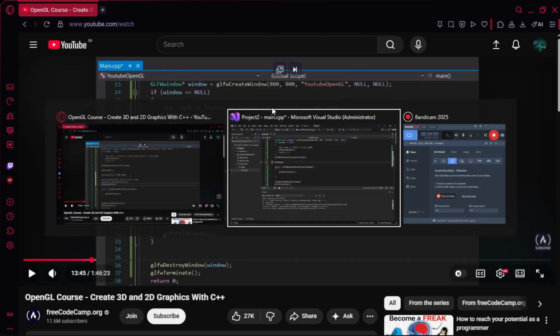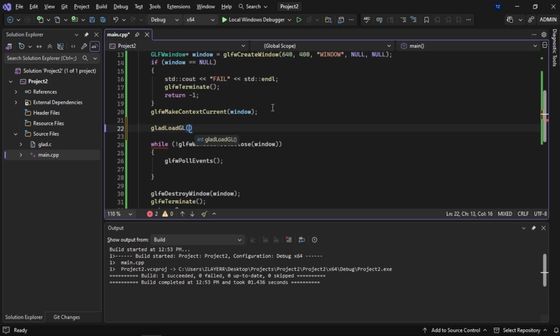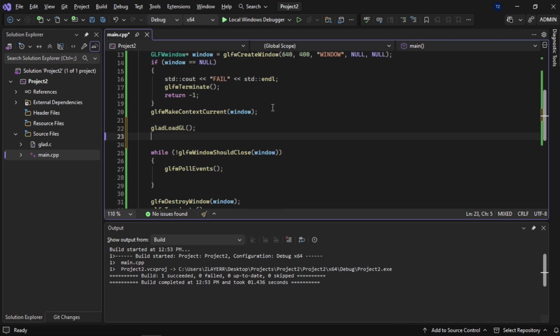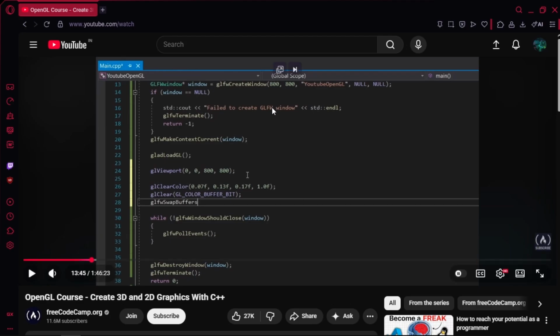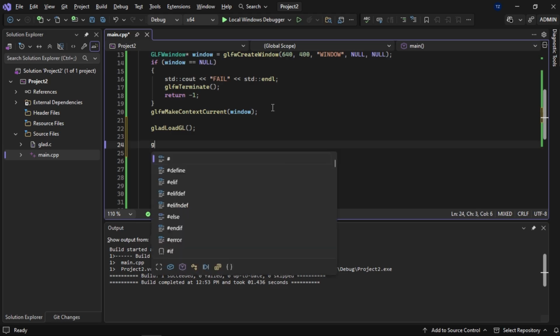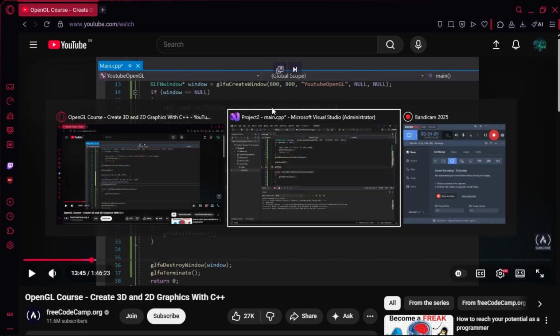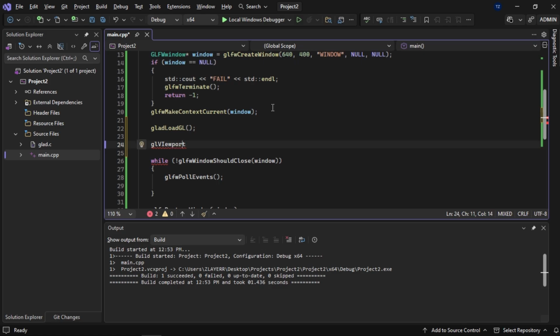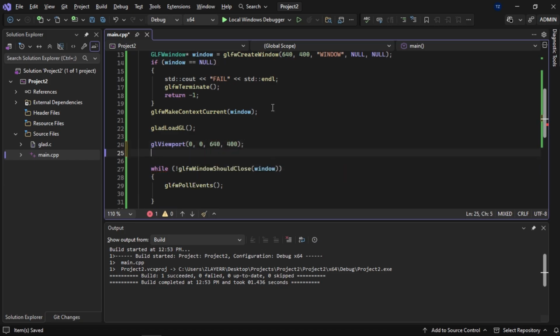Load GL, and GL viewport. The viewport is from 0 comma 0 to 640 into 400, and